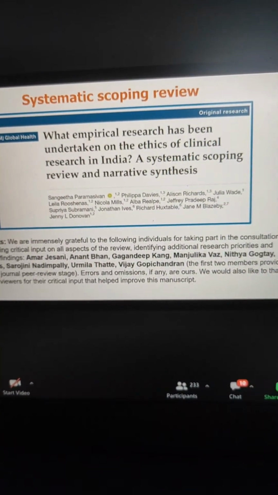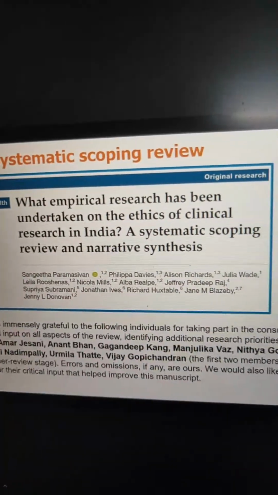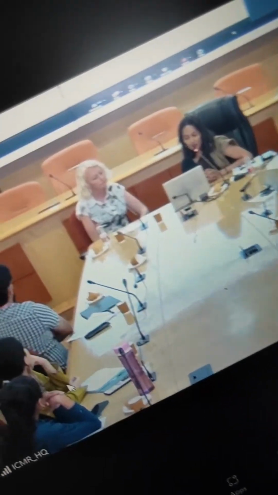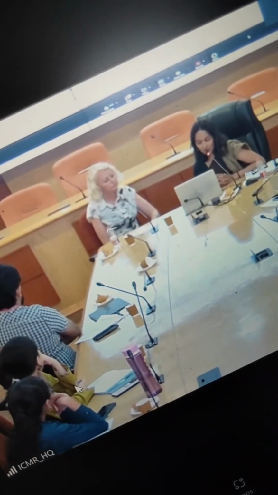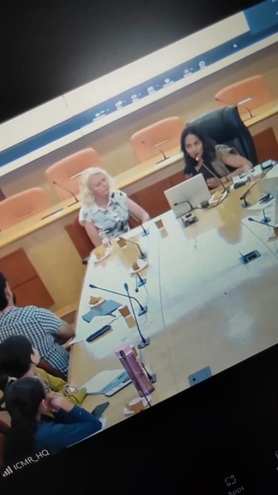So we started off by looking at what empirical research has been undertaken on the ethics of clinical research in India. So we did the systematic scoping review in 2019, 2020, published in 2021. We also did some consultation work with the people in the acknowledgements, so that it was well informed by the challenges that people were facing on the